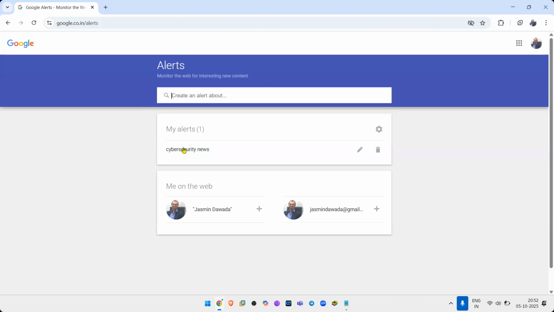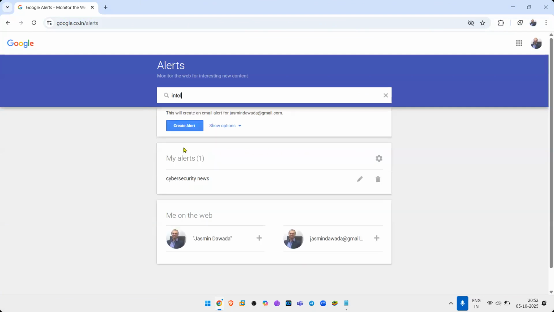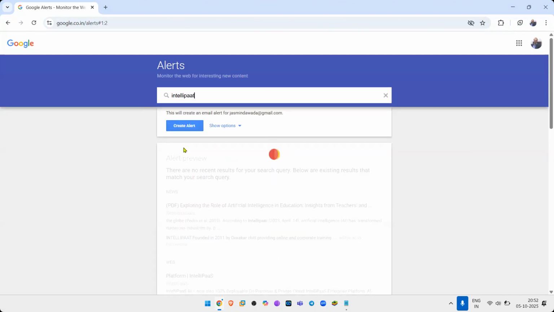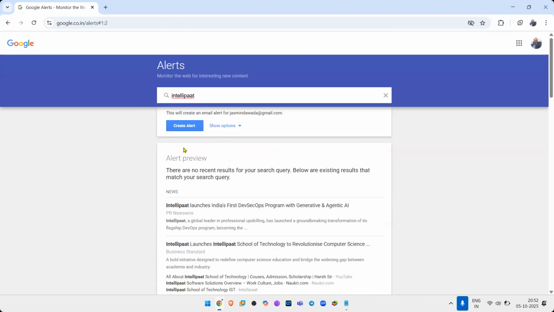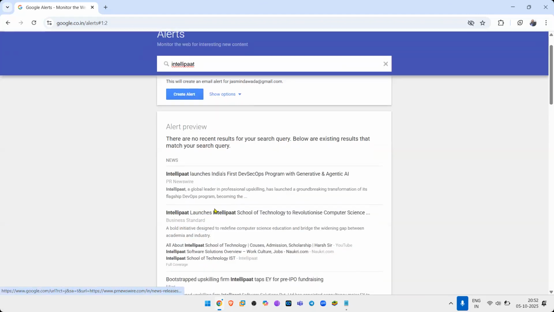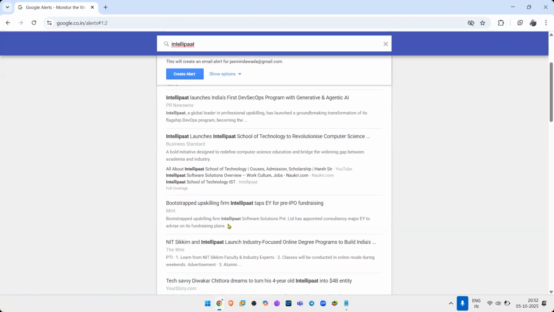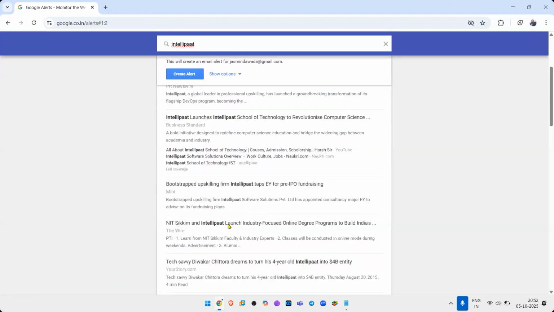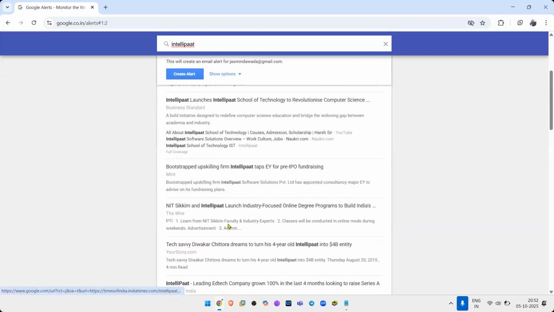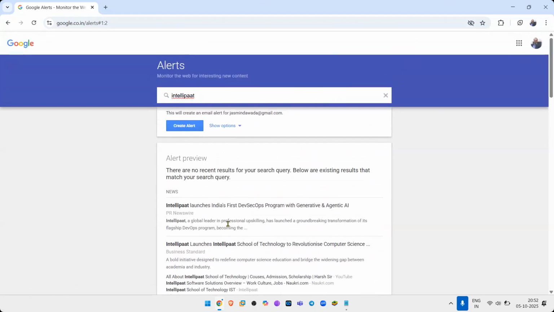All right, let me see what else. Let's say that I want to know a little bit about IntelliPat. Let's say that I want to hack IntelliPat next week, and I want to know all the things that are going on with respect to IntelliPat. So that's why I am monitoring this.